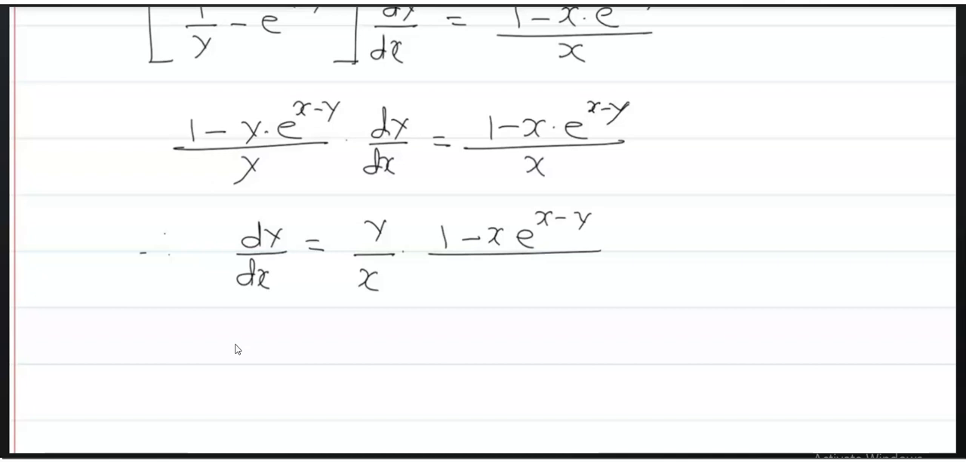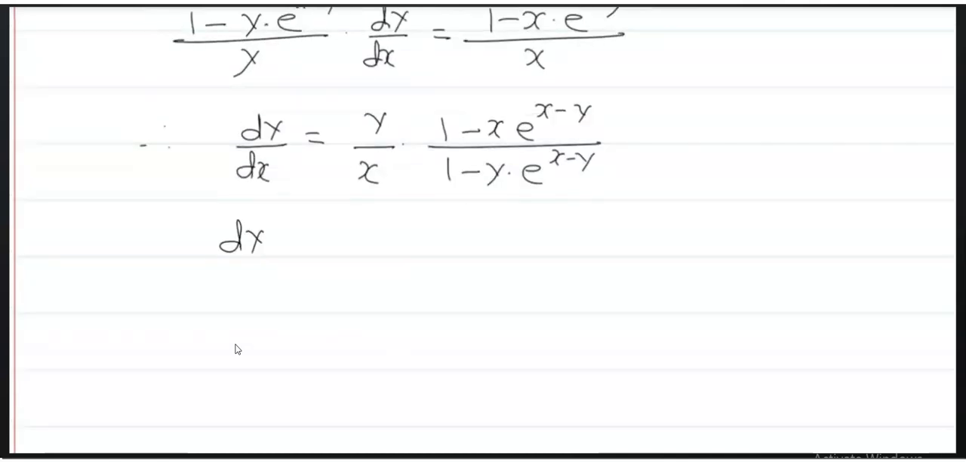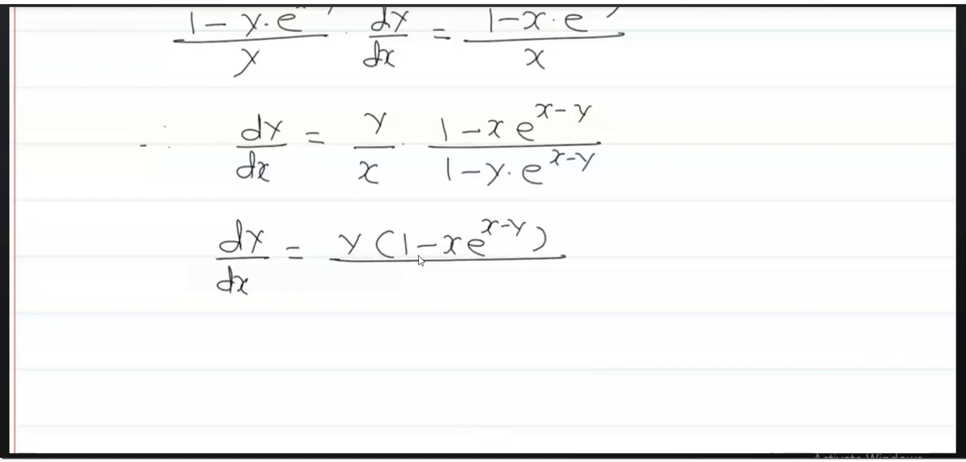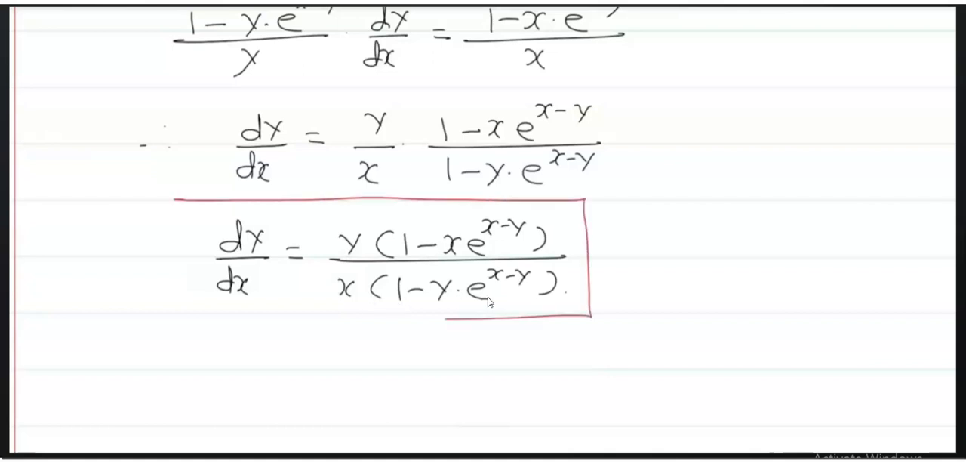you will get dy by dx is equal to y upon x into 1 minus x into e raised to x minus y upon 1 minus y into e raised to x minus y. Therefore dy by dx is equal to y in bracket 1 minus x into e raised to x minus y upon x in bracket 1 minus y into e raised to x minus y. Next is